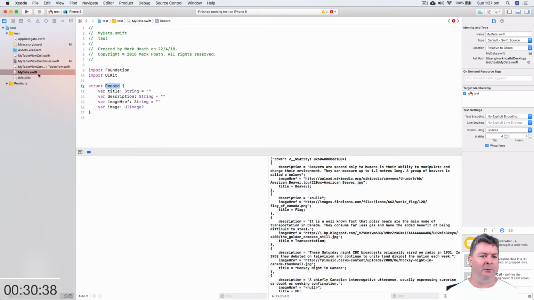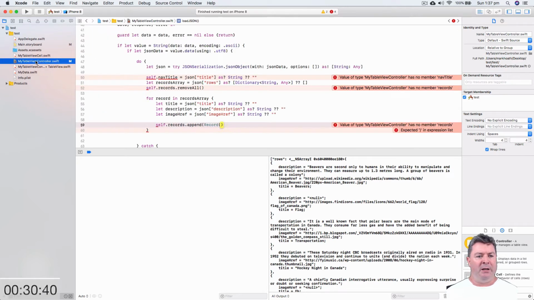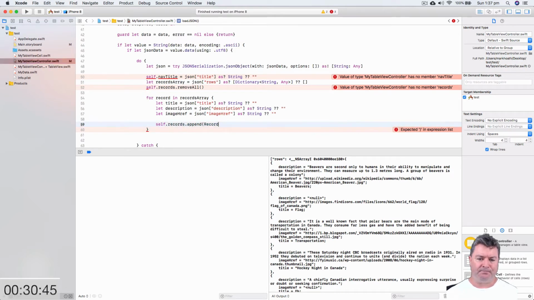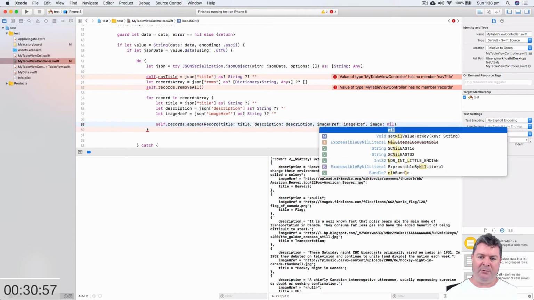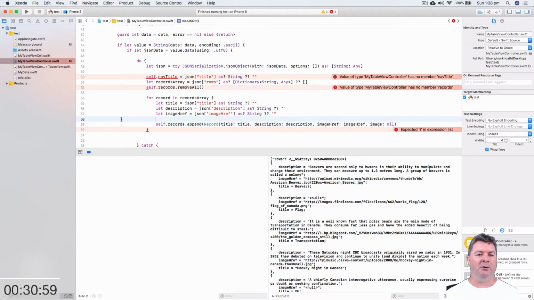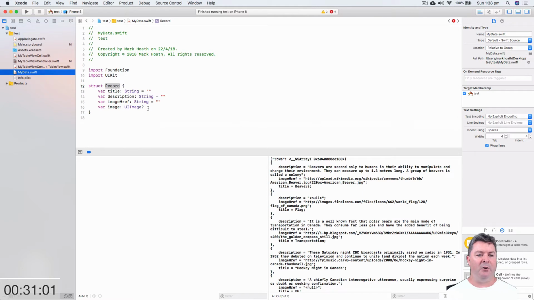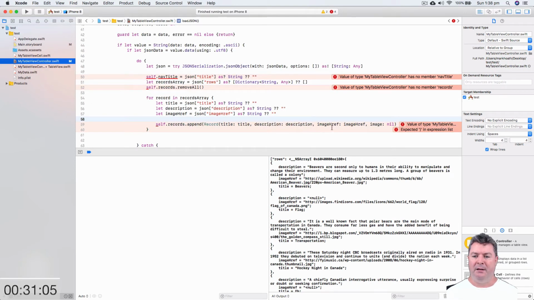It'll have a little helper initializer which we can use. Record, there it is, and we just type in title, description, image href, and we don't have the image currently, so we're passing nil, and that's why we made it optional over here,